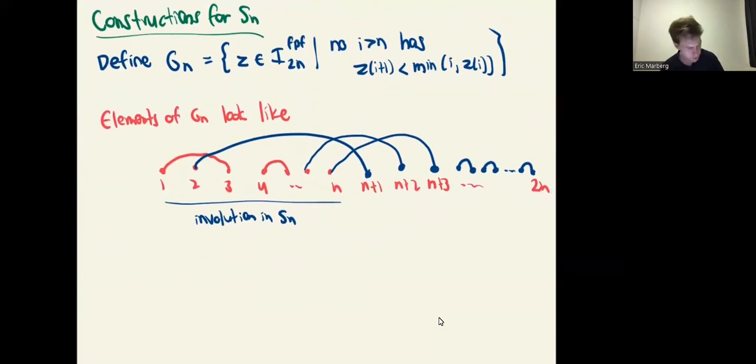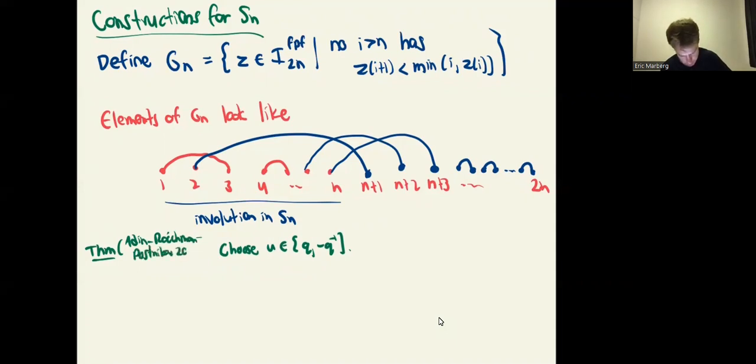I guess the theorem we can state is, so choose a parameter u, either to be q or minus q inverse. I should attribute this. So this turns out to recover another result of Aden-Roykman and Postnikov. So choose a parameter u, and then